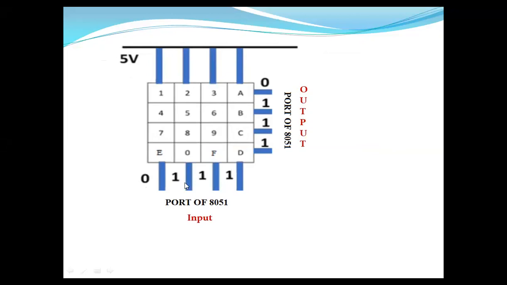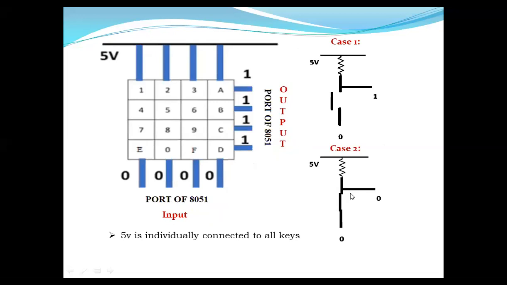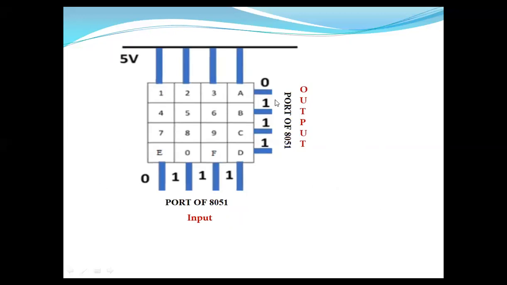Next, see, I'm saying that I'm going to select this one. Okay, I'm pressing this one. So how will be my output? I have to give this row, first row. That is first row, first column. Okay, so I have to give this line to be 0. And if I'm pressing this, already we have said, the output will change to 0. So this particular output alone is changed to 0. So this is 0 and it is your first row, first column. Okay, so you say R1, C1. First row, first column. So the key pressed will be identified as 1.